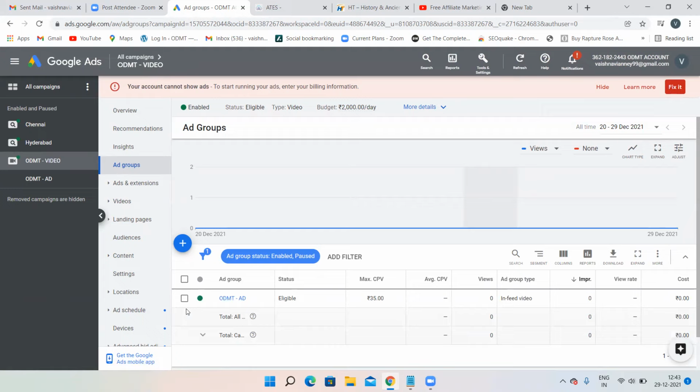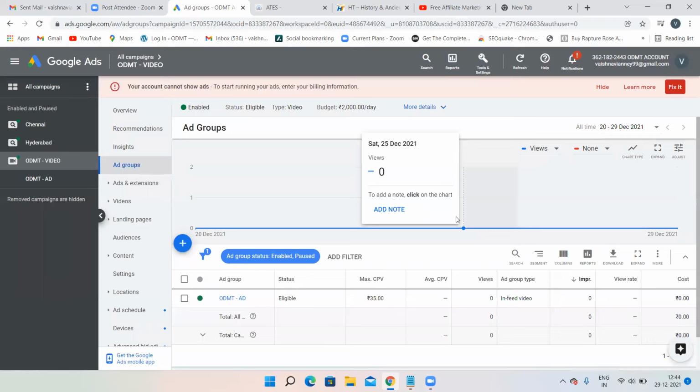If you know display network, then video network is very, very simple. And mobile network is simpler than this. It is very, very easy. At least for this, it is taking at least 20 to 30 minutes. But if you create a mobile campaign, it will hardly take some 10 to 15 minutes. If you have created one mobile campaign, then other times you can just create in 10 to 15 minutes. It's really easy.